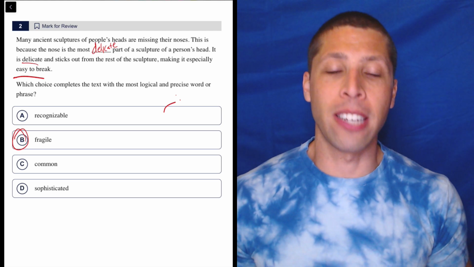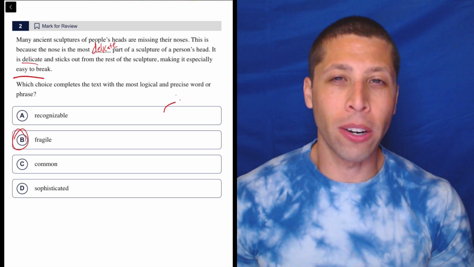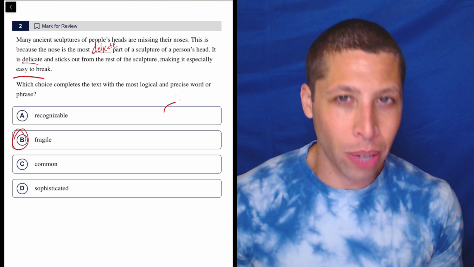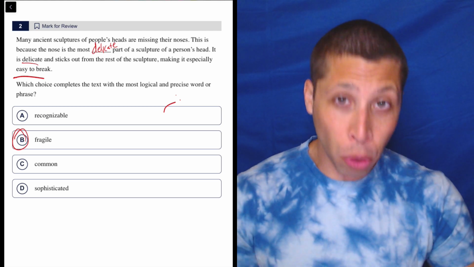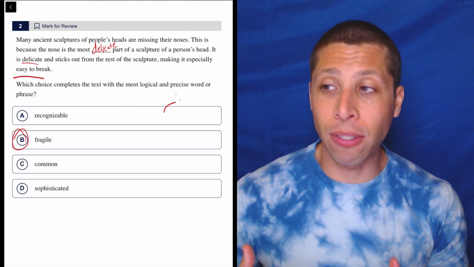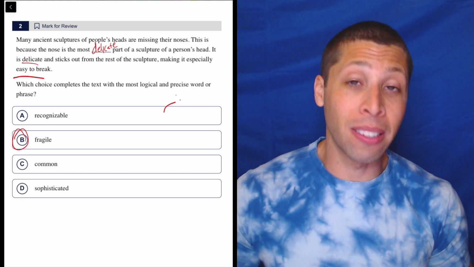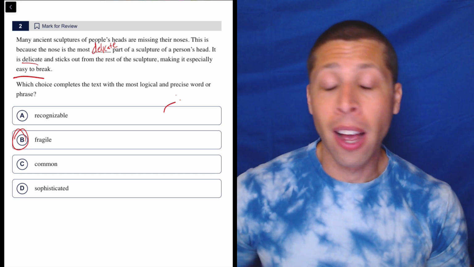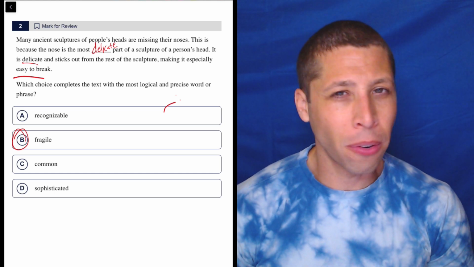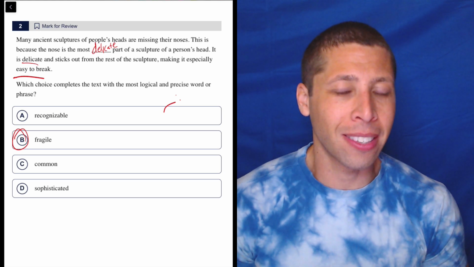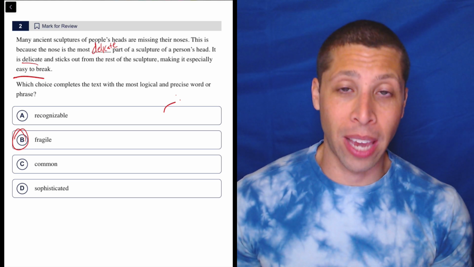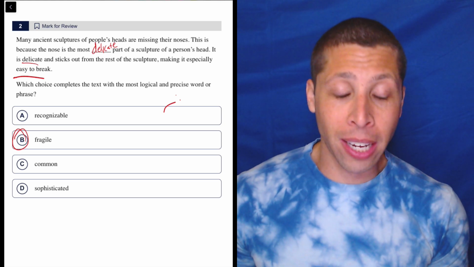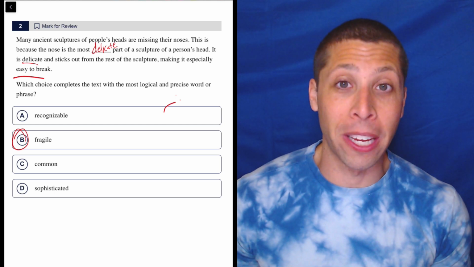And that is another key idea for these vocab questions: we are not just filling the blank with anything that sounds okay. We are always getting some sort of evidence from the passage that proves that that vocab word is correct, that gives us, maybe in some cases, the same definition of the word in the blank. So if you ever feel like you're picking it just because it fits, then maybe you might be falling into a trap, but try as best you can to find actual evidence of your answer. And a lot of times the evidence will just be the definition.